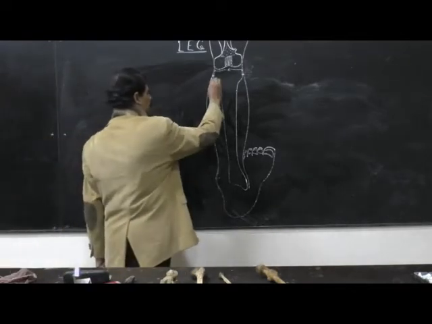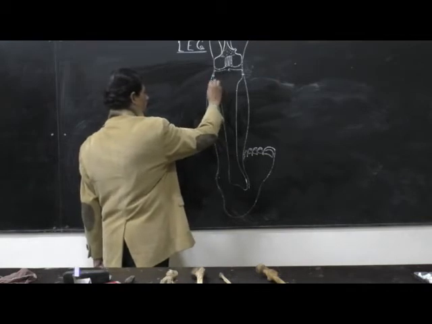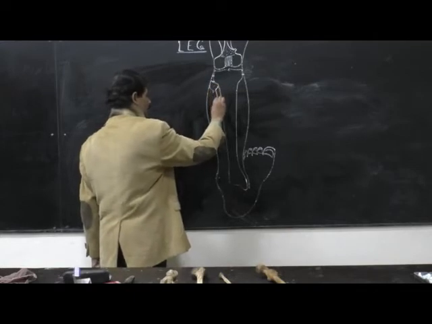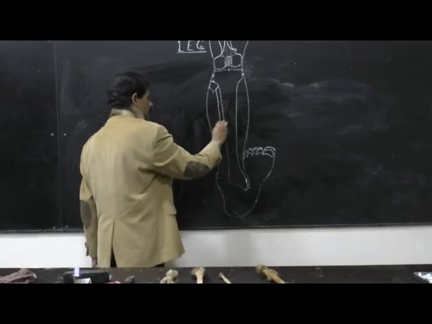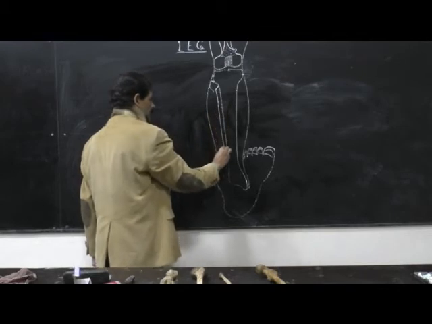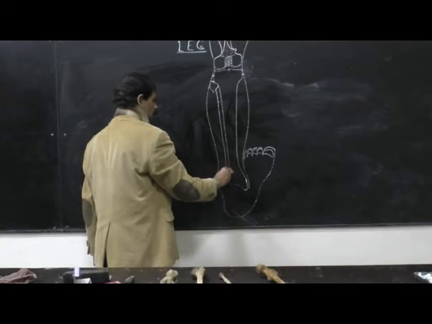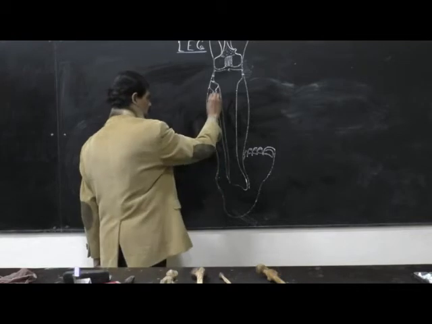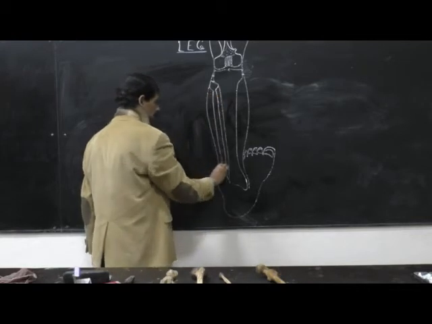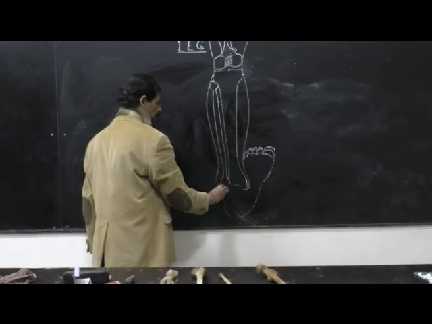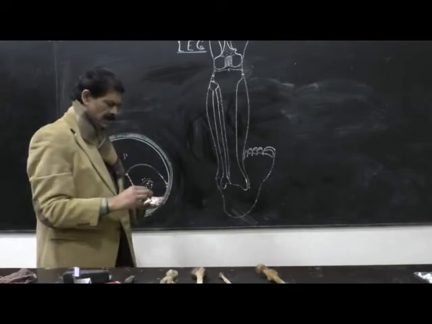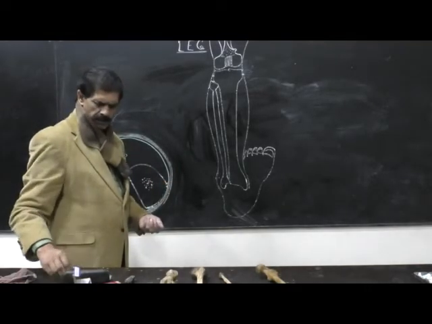Laterally there is a bone, the head of the fibula, which articulates with the tibia to form the superior tibiofibular joint, then the narrow neck, then the shaft, the medial border, the interosseous border of the fibula, facing the lateral border or interosseous border of the tibia. Below, the fibula again articulates with the tibia as the inferior tibiofibular joint, with the lateral malleolus, and in between the two there lies the